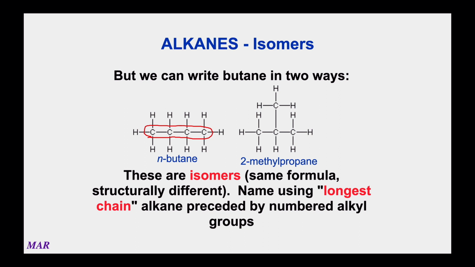The structure on the right, if you think about the longest chain, quote unquote, you're going to get 3 carbons, 1, 2, 3. And so this has a longest chain of 3 carbons, which is a propane. And there is a methyl group off the second carbon. Remember that methyl is CH3. So this compound is 2-methyl propane, where the longest chain is 3 carbons. A methyl group is not part of it. That's where these names come from.